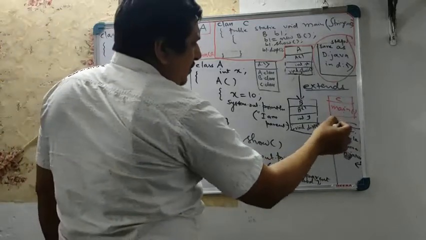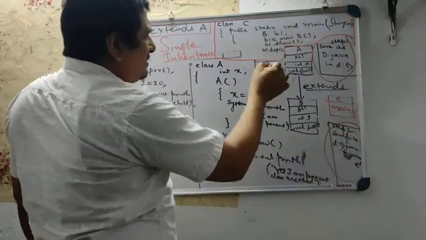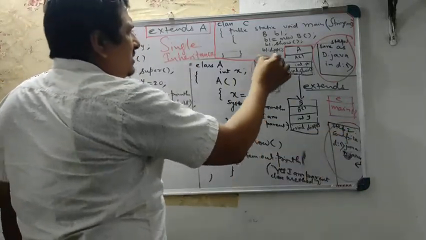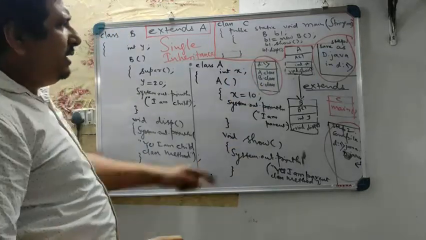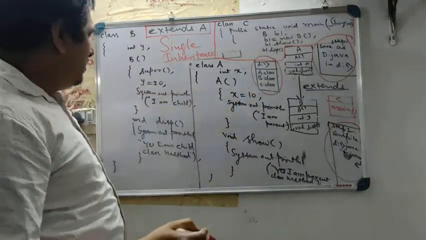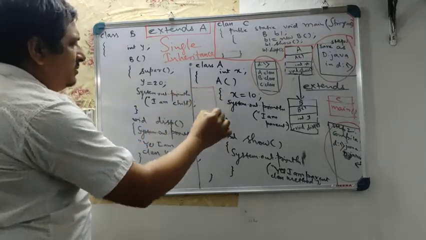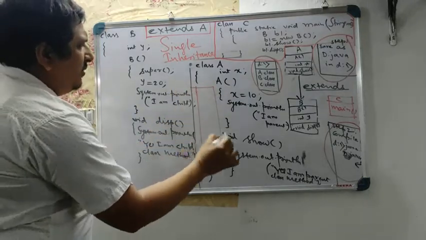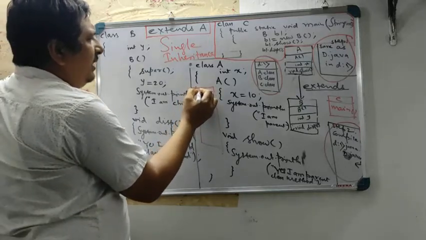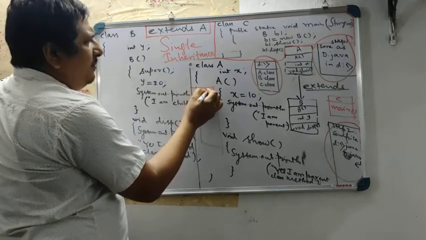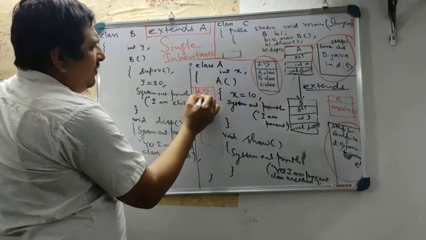Then step 2, we will compile. Then you will get this. If you go to the D drive, you will get A dot class, B dot class and C dot class. And finally, when we run our program, here we will write D drive, then Java,